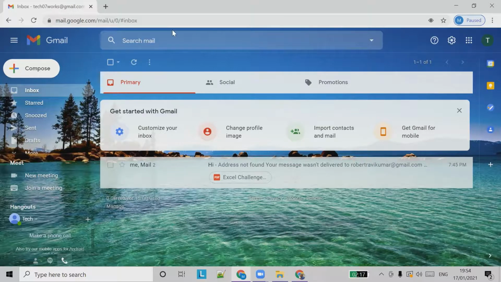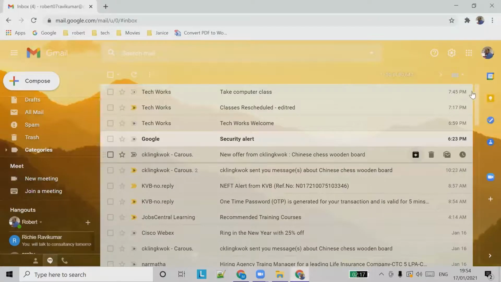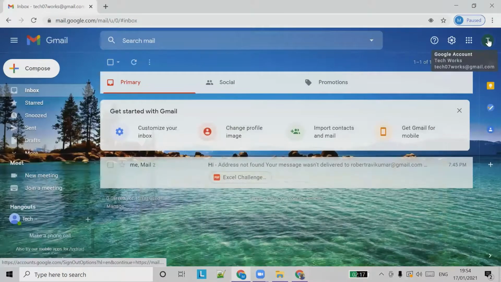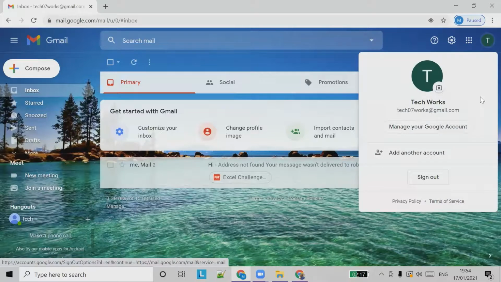If you see, my name, my picture, and my email ID are available here. So instead of T, I want to choose a different profile picture. Click on T.